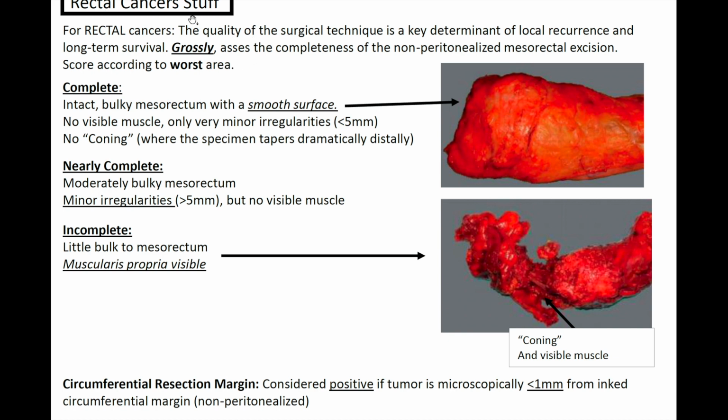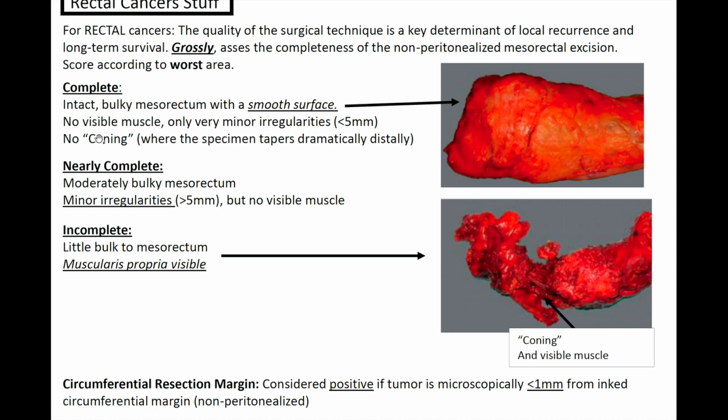For a complete mesorectal excision, you want to have an intact, bulky mesorectum with a smooth surface, like this specimen here, with no visible muscle, only very minor irregularities, less than 5 millimeters, and no coning, where the specimen tapers dramatically distally. We see that clearly coning is not occurring here,